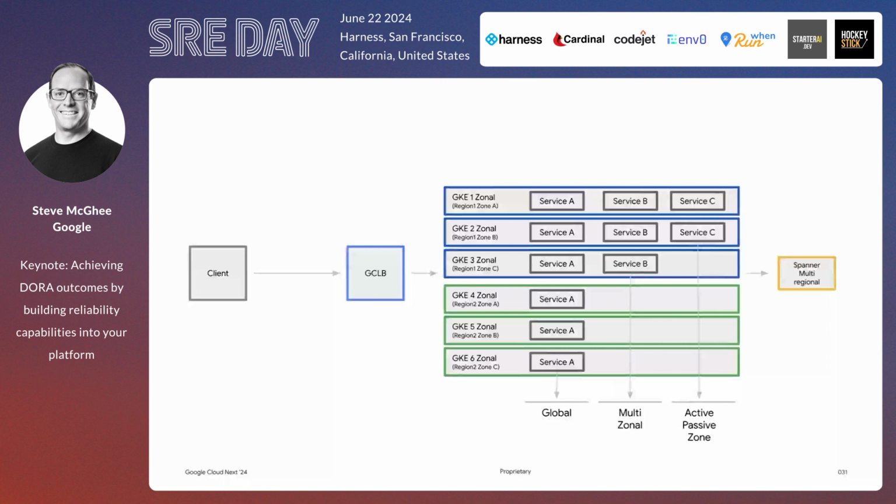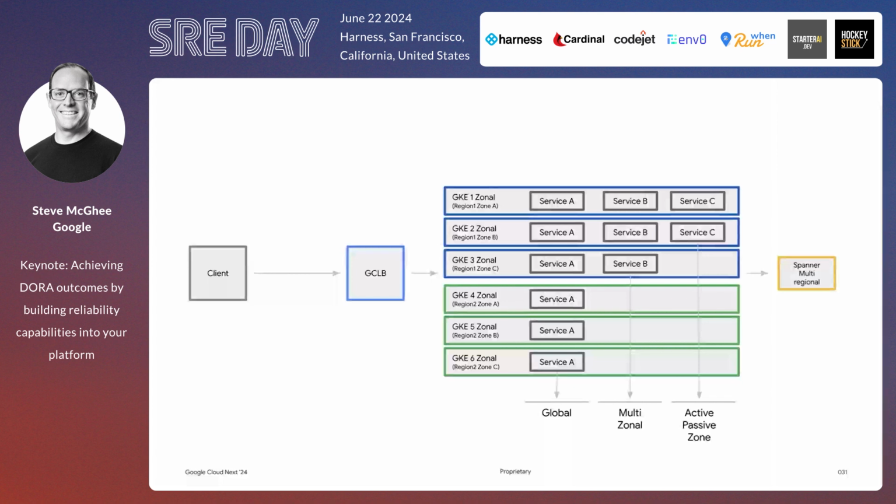You can also run different archetypes on the same infrastructure. So you don't need different setups for each of these. So this is one pool of 6 clusters running in 6 different zones across 2 regions. And I can run one service globally, one multi-zonally, one active passive, right? So I can make these choices ahead of time because I know